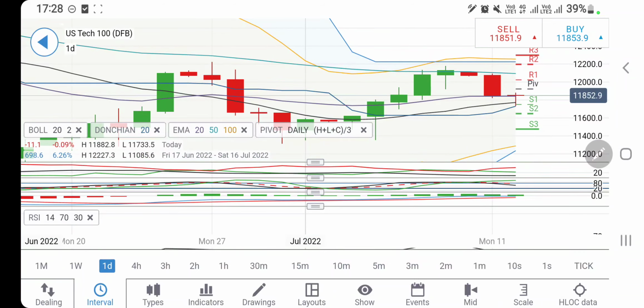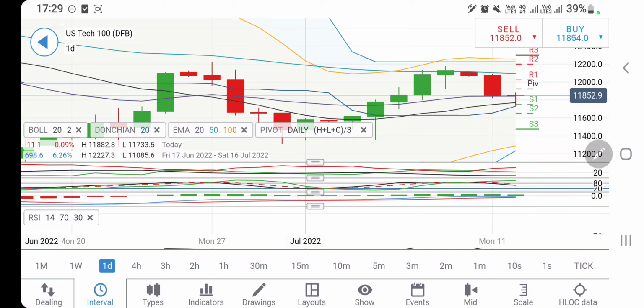Considering this, let me give you the trading levels. So yes, you can go long at 11880. The target is 11920, 11970, 12020, 12050. Beyond that, we will see it rising strongly for 12150 levels, and beyond that, it will fly strongly on the upside. Be watchful of this. Any move beyond 12100 should be considered as a bullish breakout, and it is going to reverse strongly. Else till 11970, you can again expect it to trade sideways, and you can again expect a drop from there. So be cautious at 11970 if it tries to rise till there.